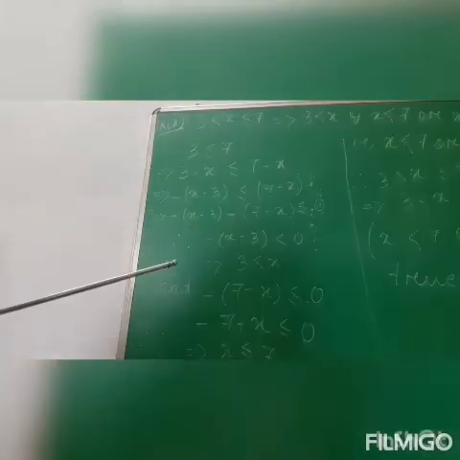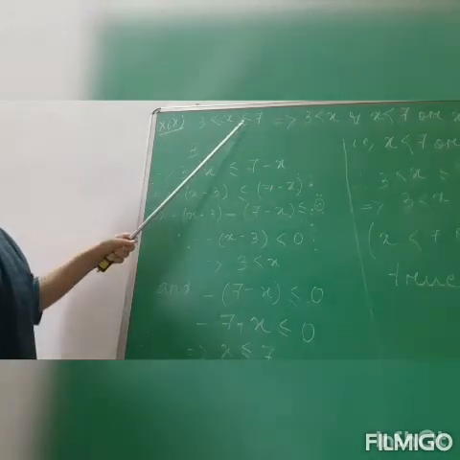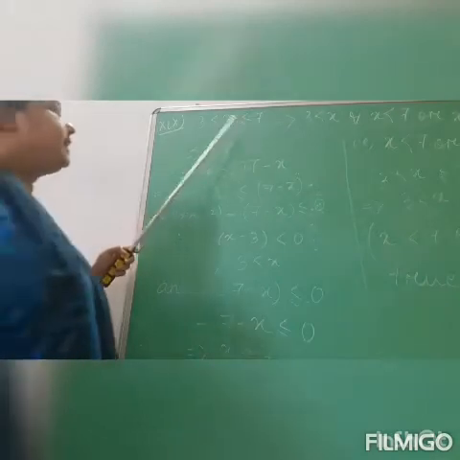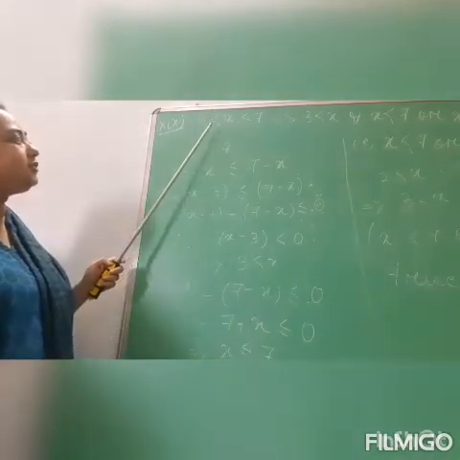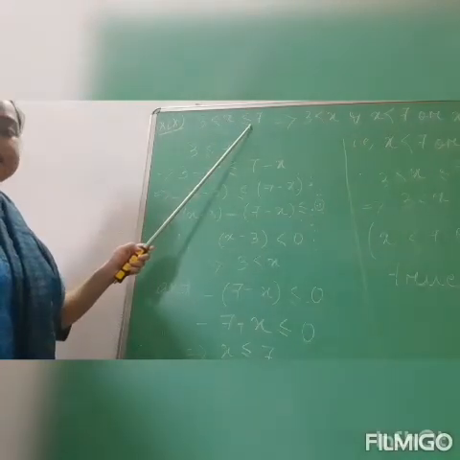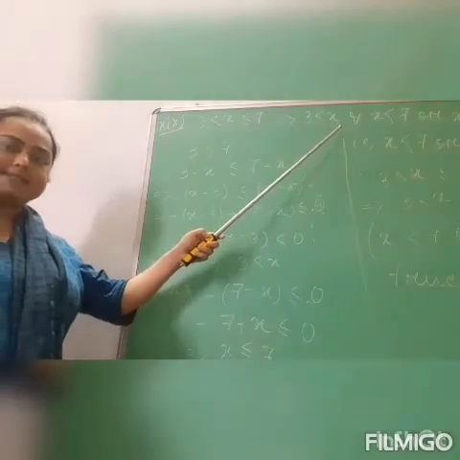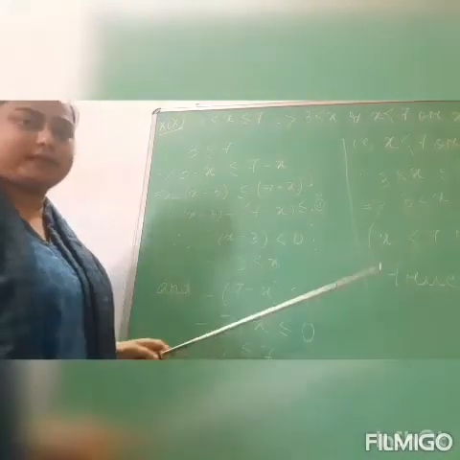Okay. Now let us move on to question number 19. 3 less than x is less than or equal to 7. It is quite similar to the first sum. But see, in the last sum we had the equal to sign here also. But here it is only 3 less than x and less than or equal to 7. That means it implies that 3 less than x and x is less than 7 or x is equal to 7 is true. We have to show that.